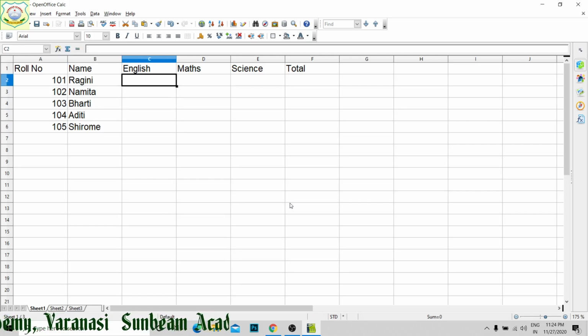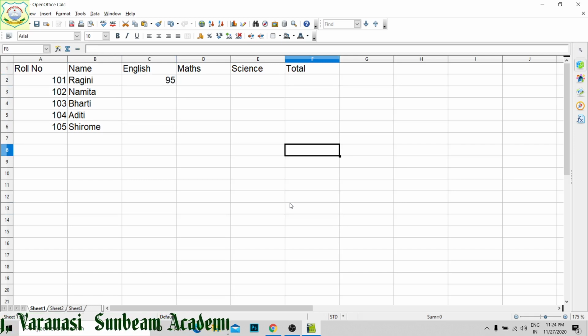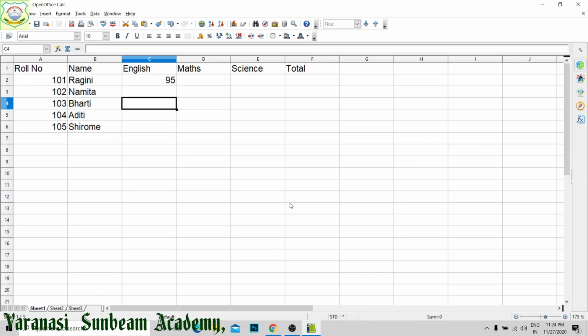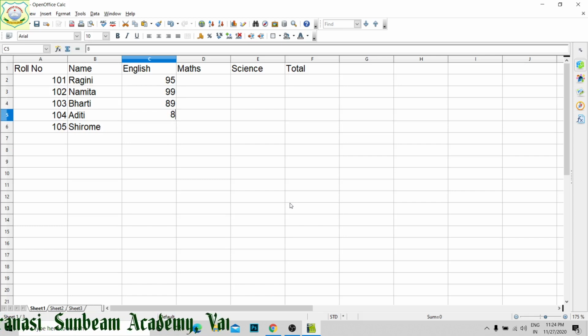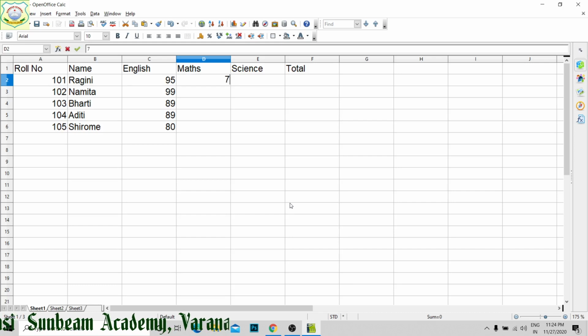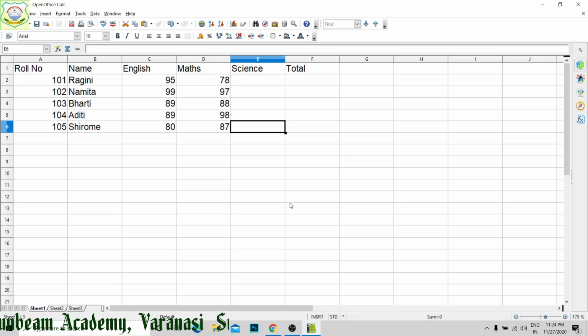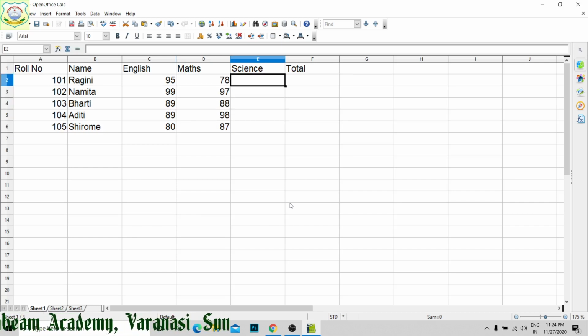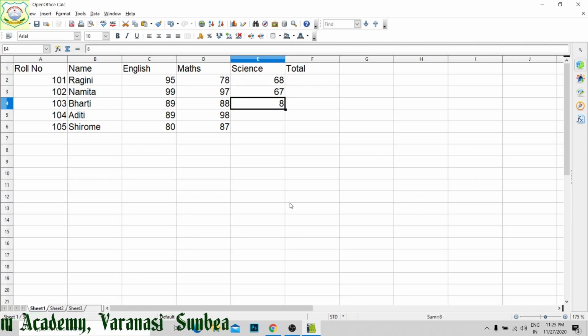Then their English marks: 95, 99, 89, 89, 80. Then maths marks: 78, 97, 88, 98, 87. Science marks given: 68, 67, 80, 87, 80 and 88.